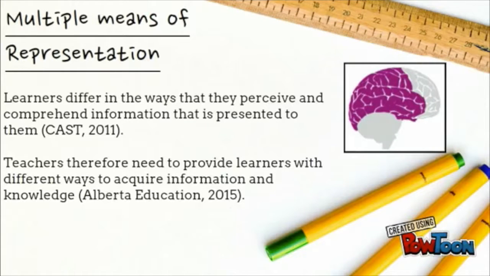Learners differ in the ways that they perceive and comprehend information that is presented to them. These include children who learn visually, orally, verbally, and kinesthetically. Teachers therefore need to provide learners with different ways to acquire information and knowledge, taking into account strengths, weaknesses, and